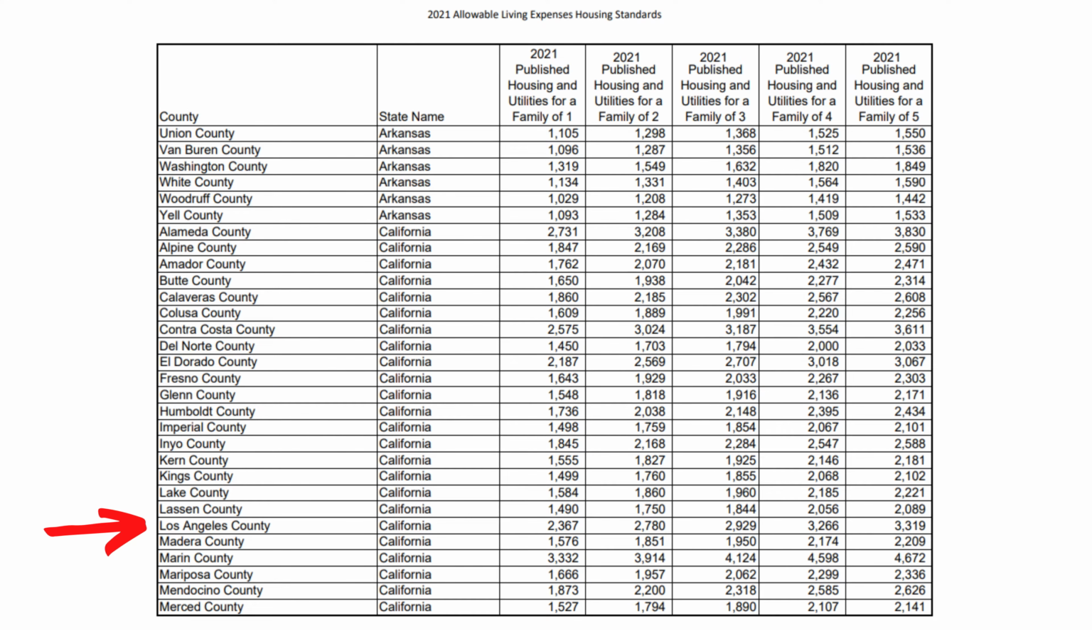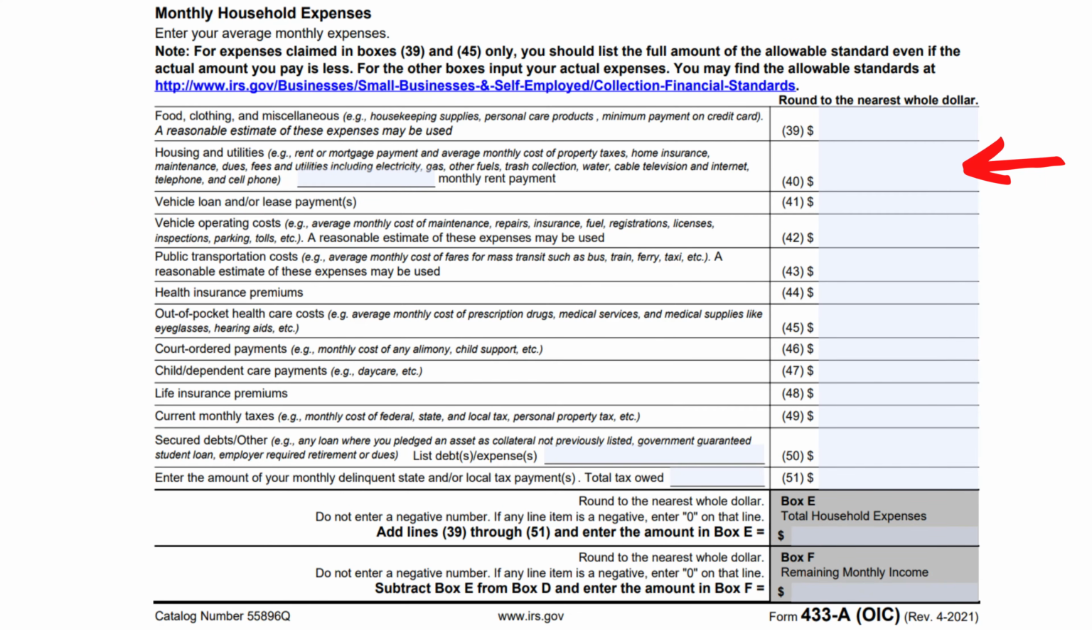They're county by county. So I'm in Los Angeles County, California, so that's what I'm going to use here. The local housing and utility standard for Los Angeles County for a household size of 1 is $2,367. You can see the other amounts for other household sizes up to 5 persons. So if I'm a household of 1, just me, on line 40 of the form 433A, I would put the lesser of that amount, the local expense amount,